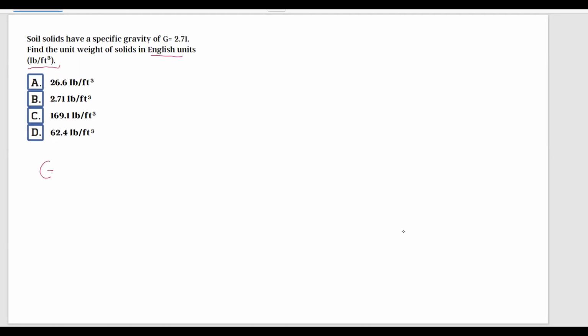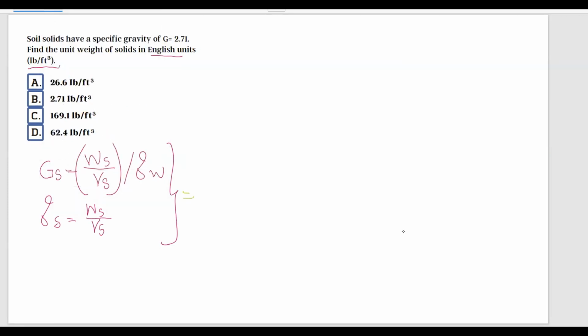I'm going to start with GS is equal to, based on the formula found in the FE handbook, weight of solids divided by volume of solids, all this divided by gamma water. And then we know that gamma of solids is equal to this, weight of solids divided by volume of solids. So now if we replace in the above formula,